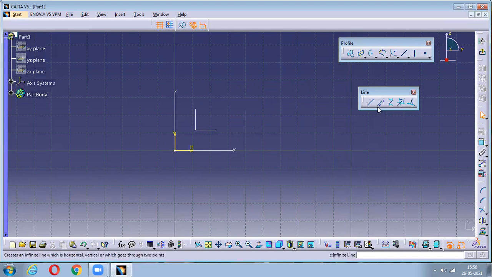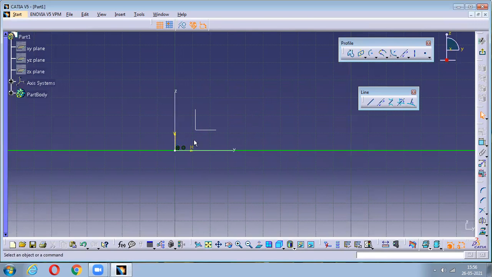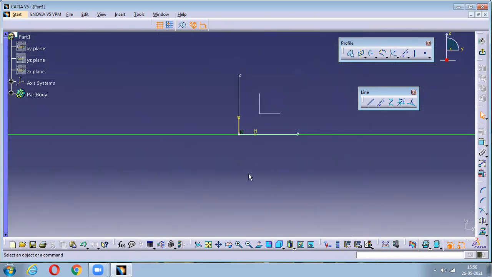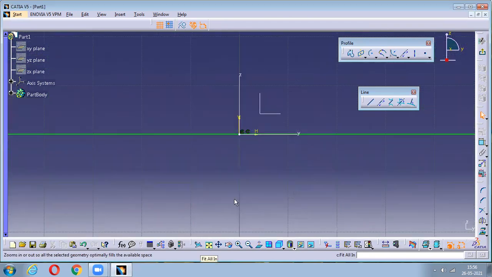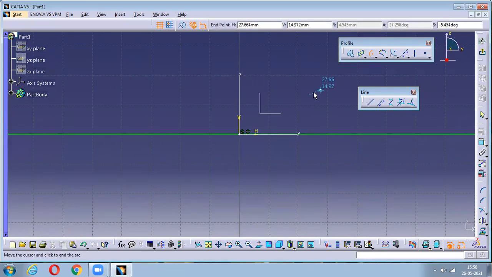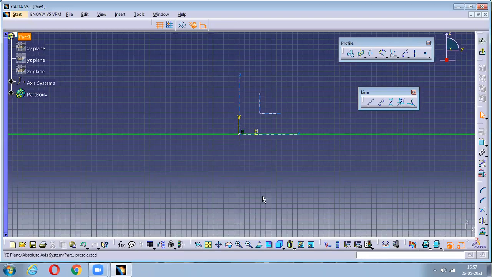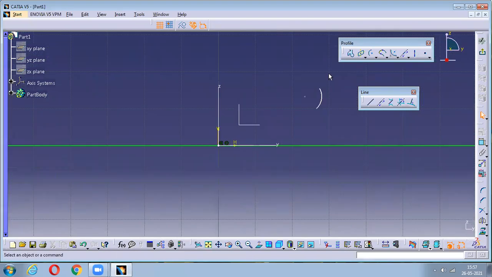Next we have what is called an infinite line. You just need to place it, and it will be infinite. However much you zoom out, it will be infinite. Got it? So this is called fit all. For example, if you have created a small arc and you have zoomed out a lot and want to zoom in suddenly, just click on this and it will fit all. That means it will fit everything.